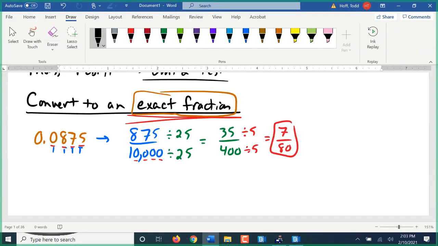That's a process we've seen before. Different process. The wording is very similar. Convert to a fraction to the nearest